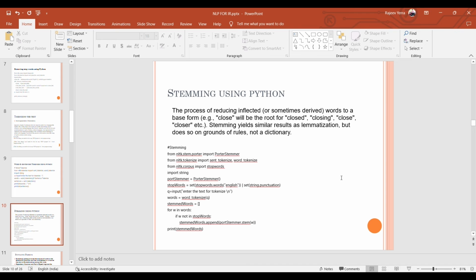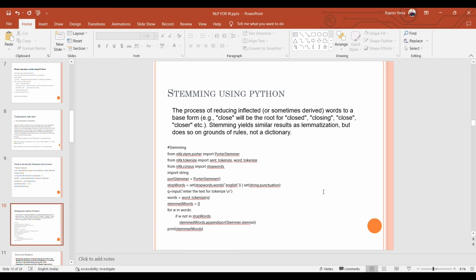Doing can be converted into do. Stemming yields similar results as lemmatization, but does so on the grounds of rules, not a dictionary. So basically what stemming does here is it converts all the plural data into singular data, but it does not affect anything for the text.